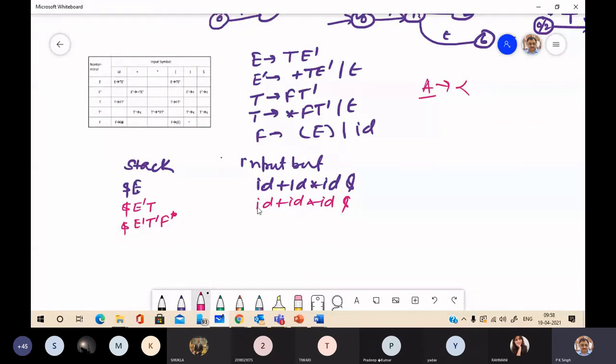Here you have ID plus ID into ID dollar.